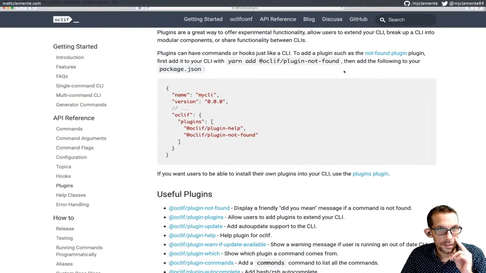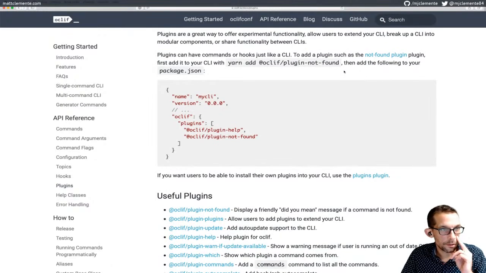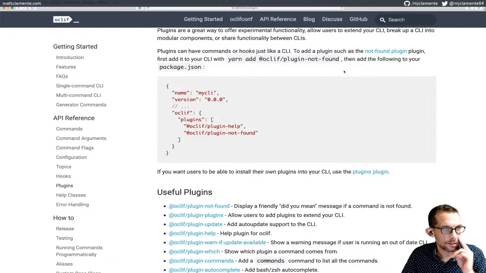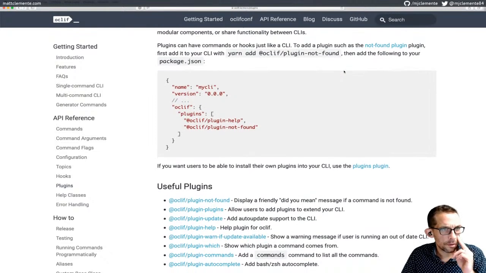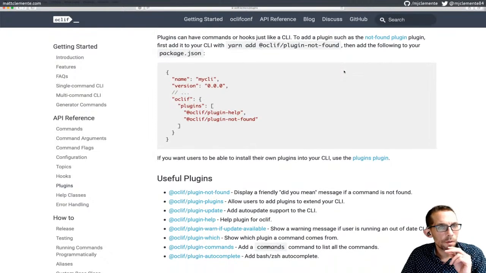Plugins allow users to extend your CLI, break up a CLI into modular components, or share functionality between CLIs. Plugins can have commands or hooks just like a CLI. To add a plugin such as the not found plugin,